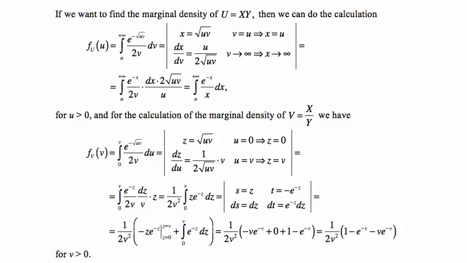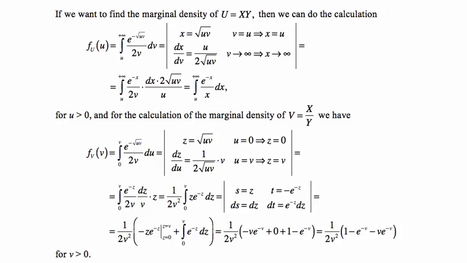So z times minus e to the minus z. And then minus, but it's a minus minus because there's a minus in front of e to the minus z, so plus integral from 0 to v of e to the minus z dz. That's much easier because you know that that's the integral of the density of exponential distribution with mean 1. So you can immediately say, well, this is going to be the value of the CDF, cumulative distribution function, of that exponential. So what we get is 1 over 2v squared times minus v times e to the minus v